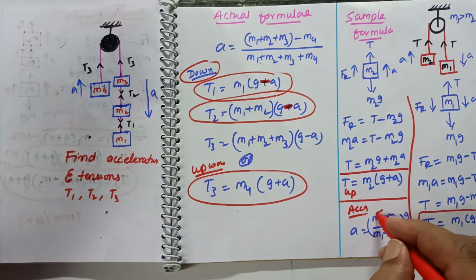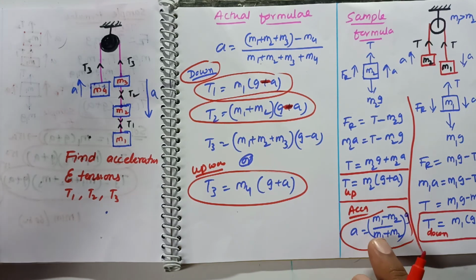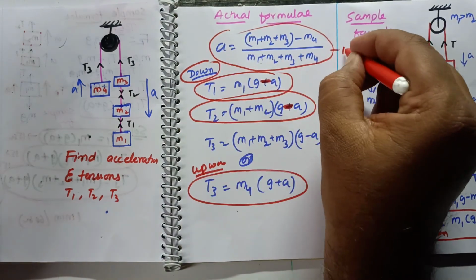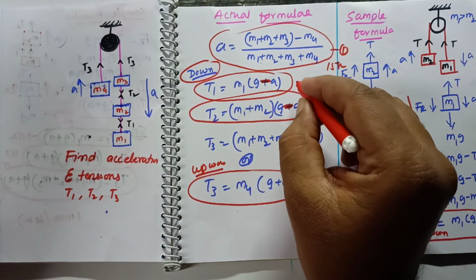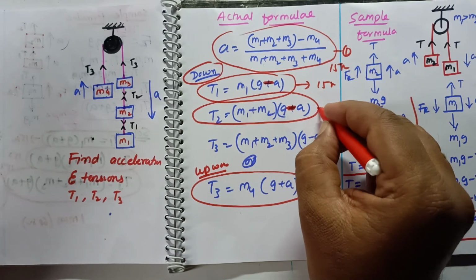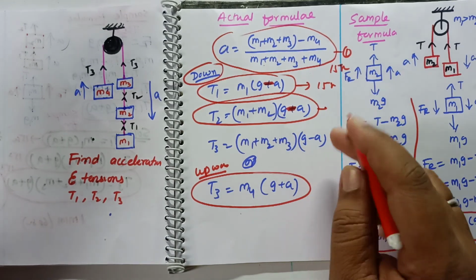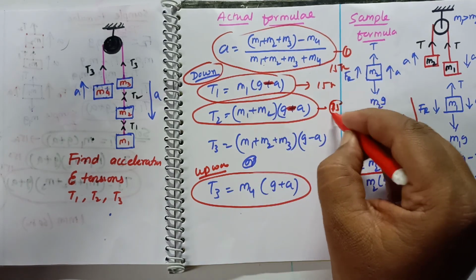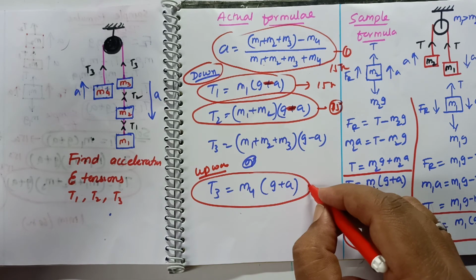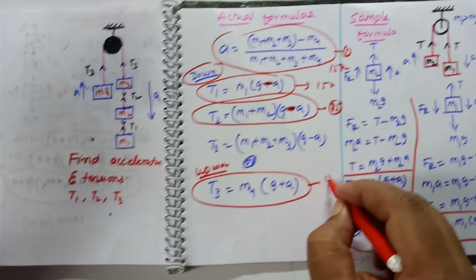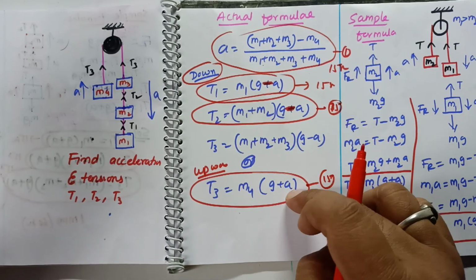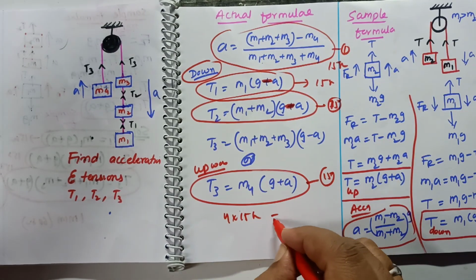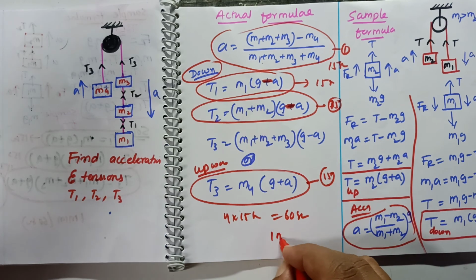So how much time you are using here? See, for finding acceleration by this system, you have taken this as an acceleration. So this is the first formula, 15 seconds. Second formula, 15 seconds. Third formula, this is the third formula, isn't it? Third formula, 15 seconds, and this is the final formula. How much time you are going to take? Again 15 seconds. So instead of this you can use this one. So 1, 2, 3, 4. So 4 into 15 seconds is going to be 60 seconds. You can do this in just 1 minute.